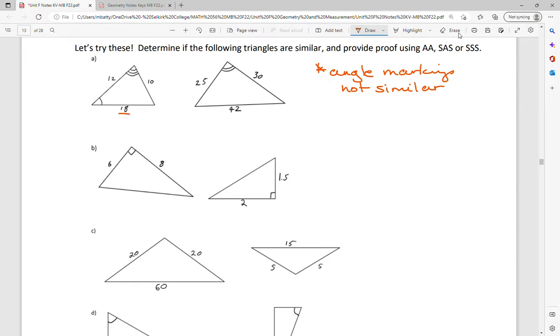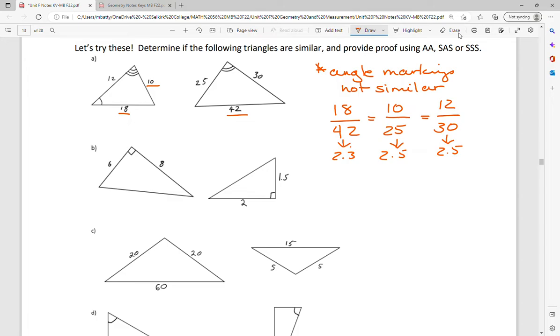So I'm going to take the longest side on this one and put it over the longest side on that one. And that should equal, I'll go the shortest side on both, so 10 over 25. And then the medium side, so 12 over 30. If I were to reduce all of these, and quite honestly, I threw them in my calculator, I get a 2.3 repeating on this one, I get a 2.5 on this one, and I got a 2.5 on that one. It's a lot easier to do that and figure out if they're all the same